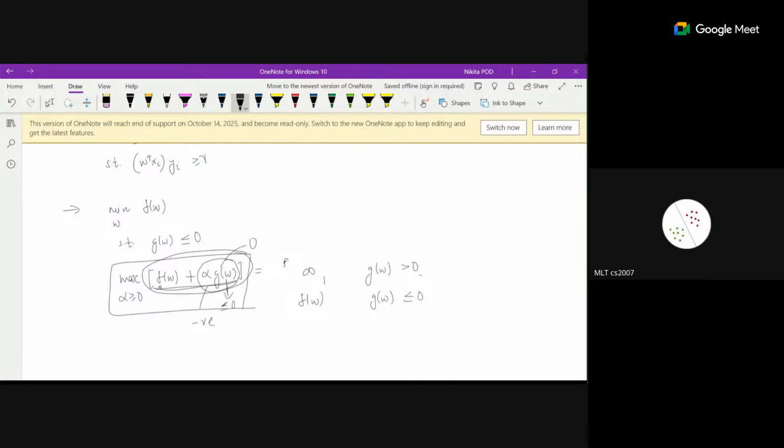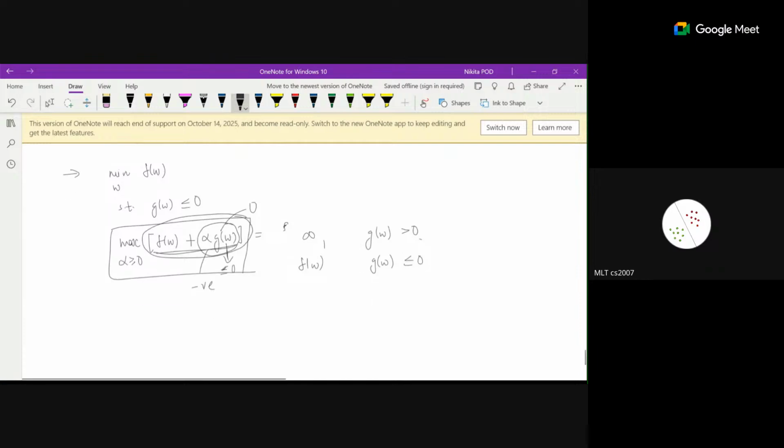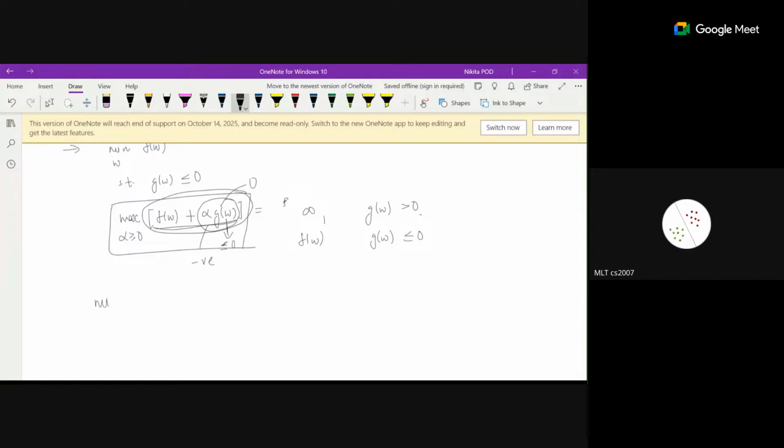So the value that you will get is f of W. Now, earlier we wanted to minimize f of W with respect to W such that G of W is less than or equal to 0. Now this is equivalent to solving